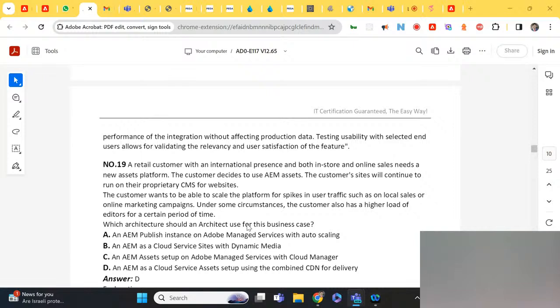The B option, I'm saying, is not relevant because they're not basically concerned about sites, or different rendering options. Yeah, sites, they have their own CMS for sites and they want to continue. Right, the customer sites will continue to run on their proprietary CMS.